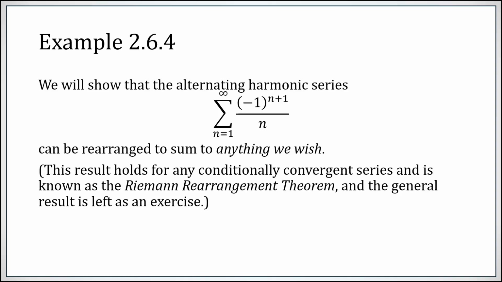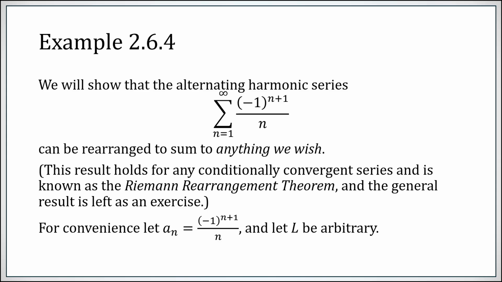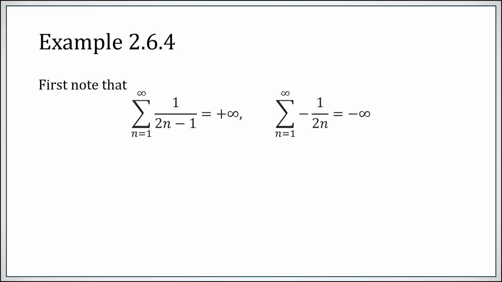So this is known as the rearrangement theorem or the Riemann rearrangement theorem. The general result is left as an exercise. We're specifically doing it for the alternating harmonic series here. So for convenience, let a sub n be the general term in our alternating harmonic series, and let L be an arbitrary real number. So note